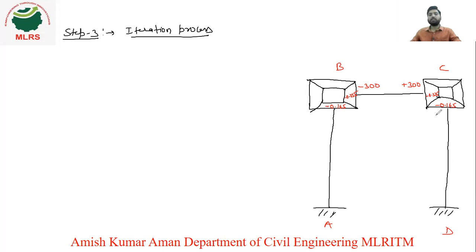Now we will calculate the fixed end moments at the joint. So at the joint, what is the total fixed end moment? On the right, whatever the fixed end moment is there, on the left it is 0. On the right it is minus 300. So total minus 300 plus 0 is minus 300. Here also plus 300 plus 0, so plus 300. Okay, we have calculated each and everything. Now we will go for iteration number 1.